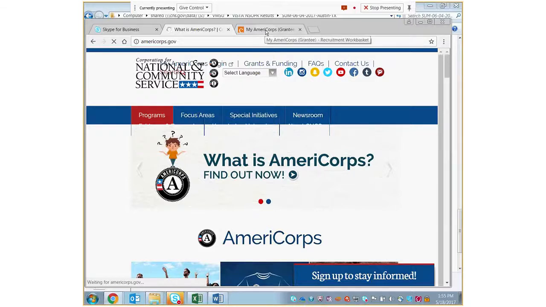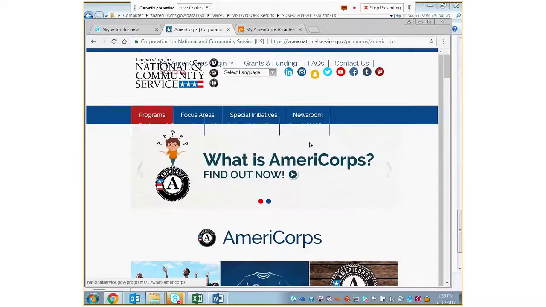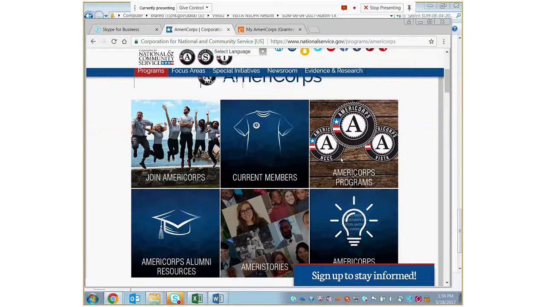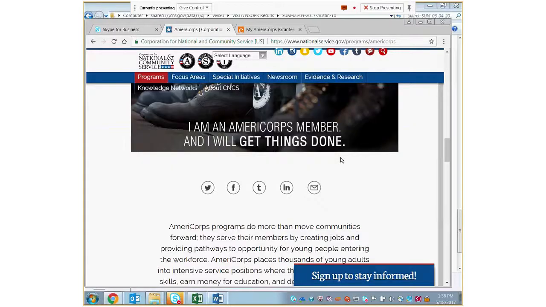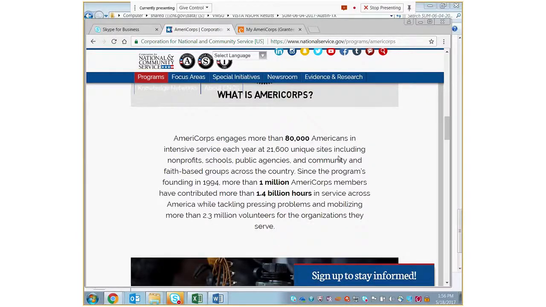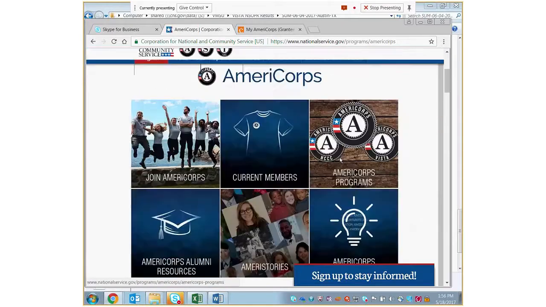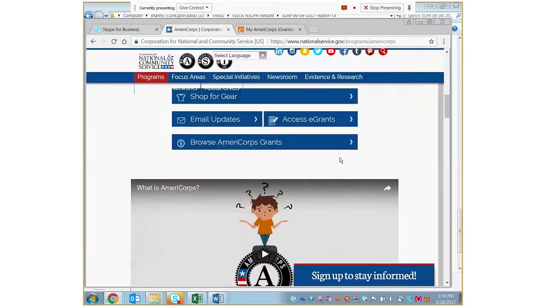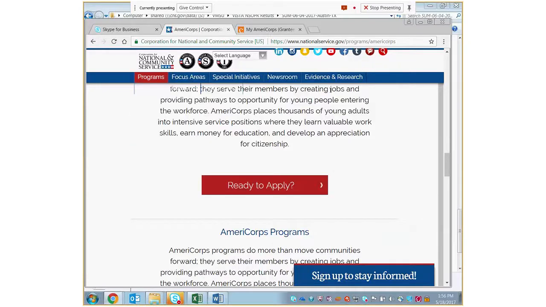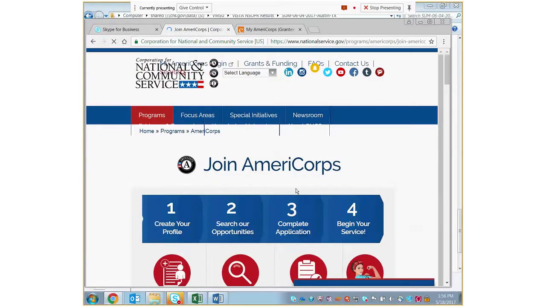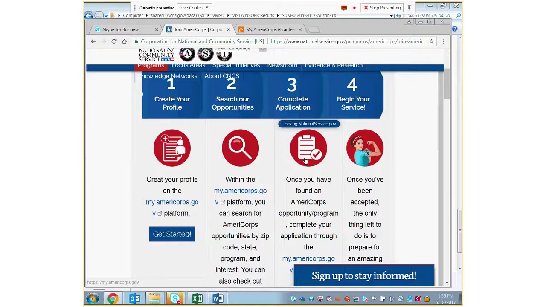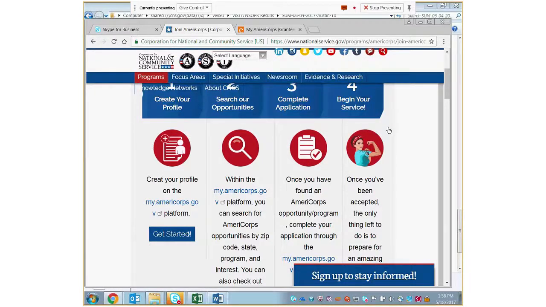What I'm going to do is move through selecting your VISTA candidate and how you go about selecting your VISTA candidate in the system. Oh wait, here I think our page is going to load for us now. So your VISTA applicants, from this first page on the AmeriCorps.gov website, can scroll down even further, and there is a place where they can click Ready to Apply. Once they click Ready to Apply, on the next screen, the applicant will be walked through the application process.